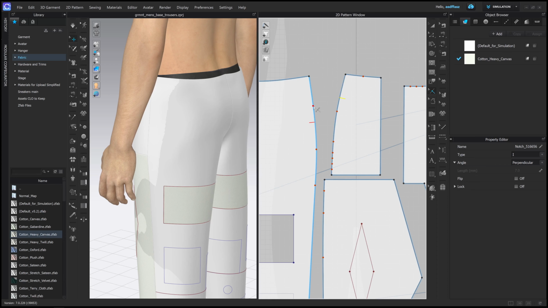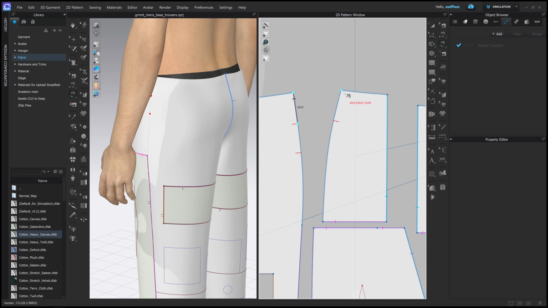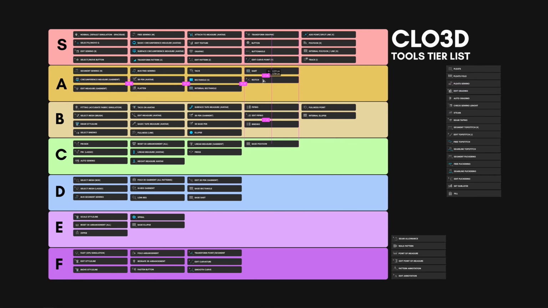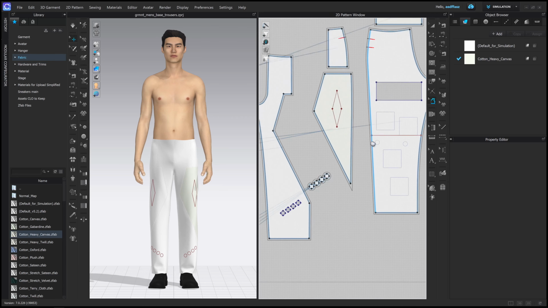Notch. Adds a reference notch onto the pattern. The notch can also be used when you're sewing, so it's not purely just for reference. A tier. Seam allowance. Once your pattern is done, the first step to get it ready for production is to